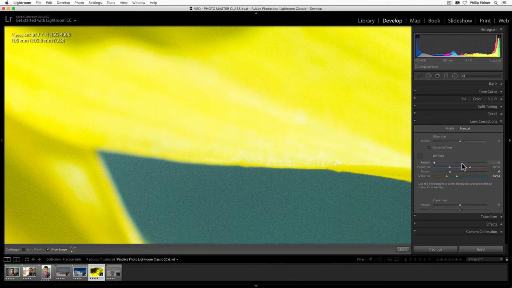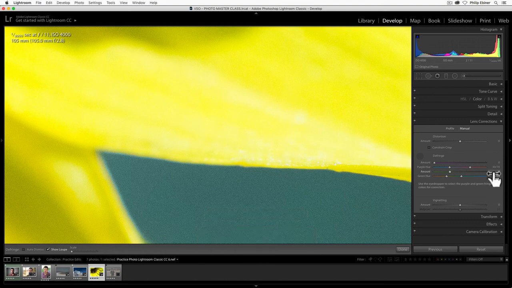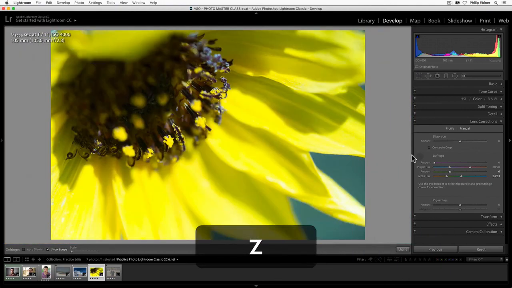It has the purple or the magenta amount and then the green amount. That's basically the colors you get from chromatic aberration, and you could increase the amount of colors you're trying to defringe. Now if I do that, you can see the edges become sort of highlighted, like glowing. So I don't want that necessarily. So I'm going to undo that, go back to where it was. So that can help fix the colors on the edge. And yeah, that's pretty much all you have to know about the lens corrections profile.